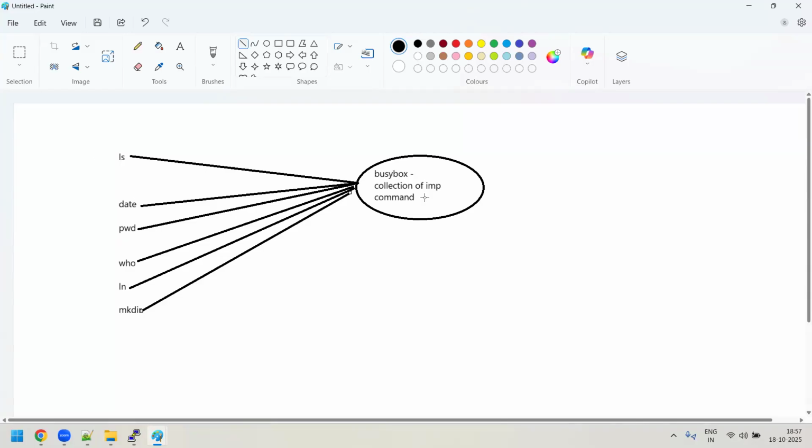Why we are doing all this with busybox is to customize it. I don't want to have so many commands, man. With one executable, I can manage to do multiple operations. Then they try to build the busybox. This all happens in the build process. I'm saying when you're trying to do a build, right?